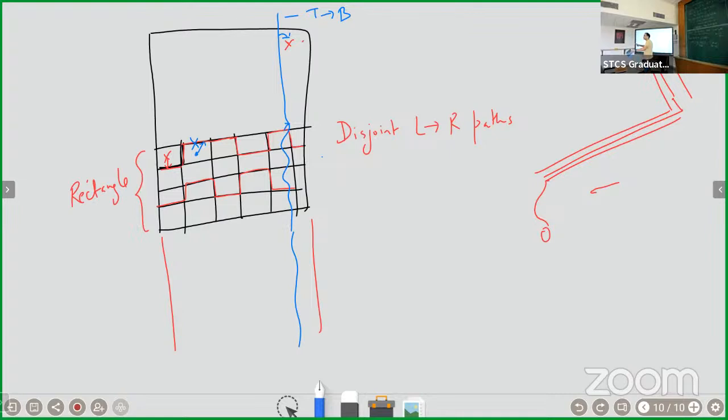The interference has to come from sufficiently far off. And how can I control that? Exactly the same way as last time. I can make sure that the interferers are sufficiently far. Let's say this guy is allowed to transfer, this guy is allowed to transfer, this guy is allowed to transfer. And in this particular way, I can control this by making sure that,